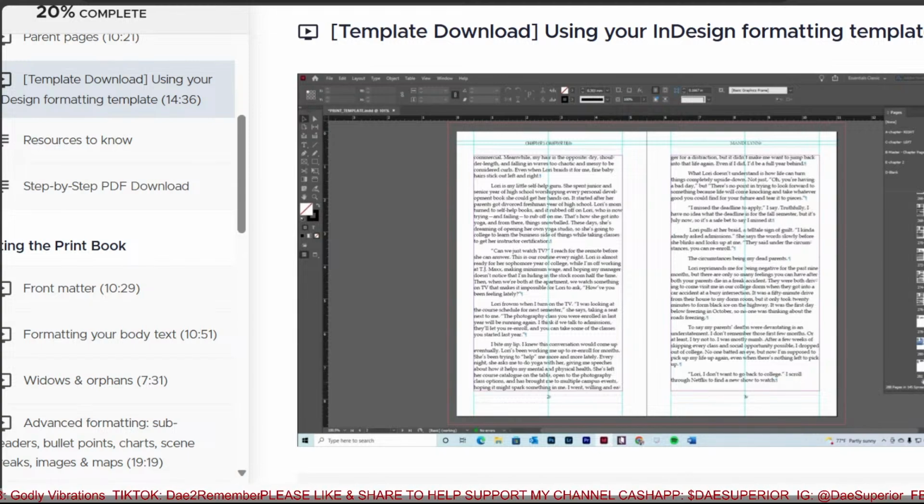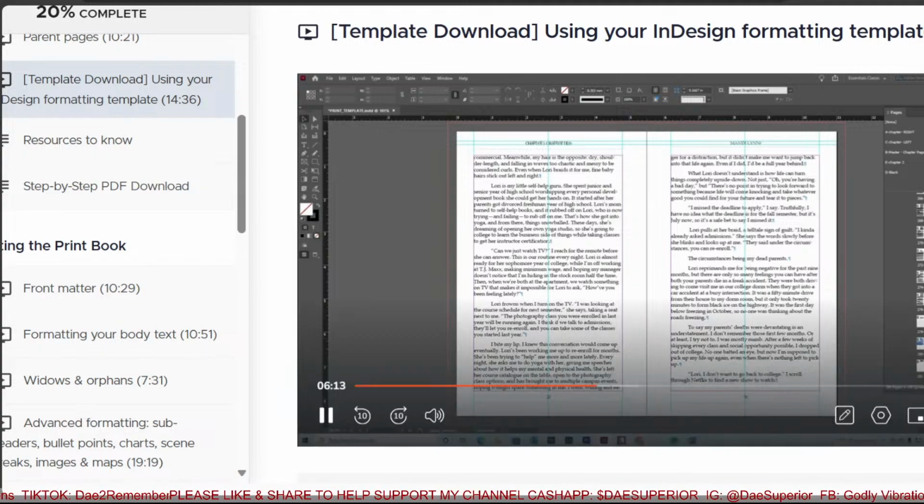So say you have a very long book and you're at 282 pages. So that